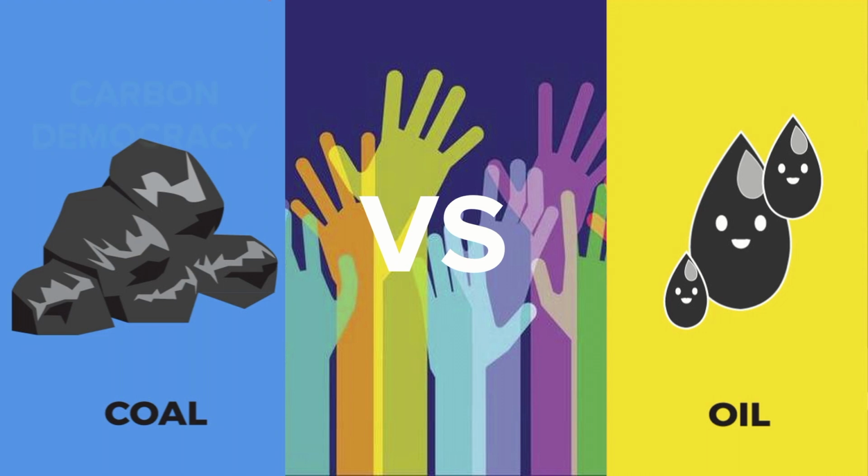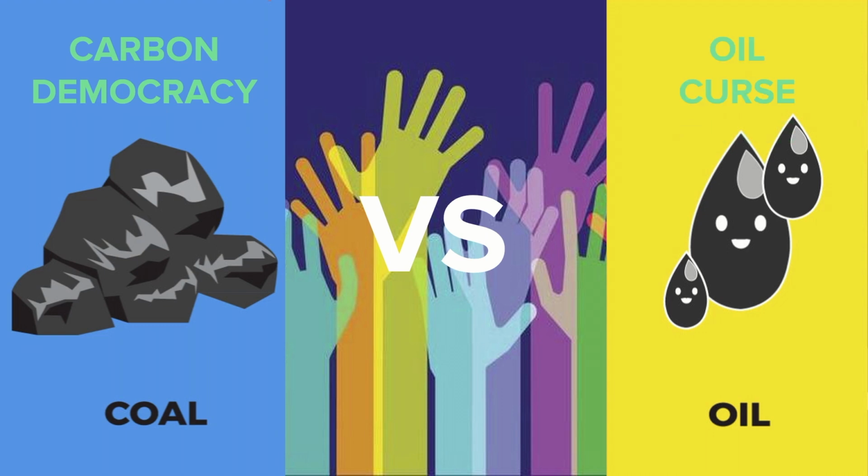Here we define democracy not based on voting, but rather on people being able to make decisions, to shape the course of events, or to actively participate in decision making. In Western Europe, carbon production allowed the workers to empower themselves to make their voices heard, a concept referred to as carbon democracy. One may assume oil production might have had the same influence, but in reality, oil workers faced a harsher reality. In what came to be known as the oil curse, oil producing countries in the Middle East actually tended to be less democratic.